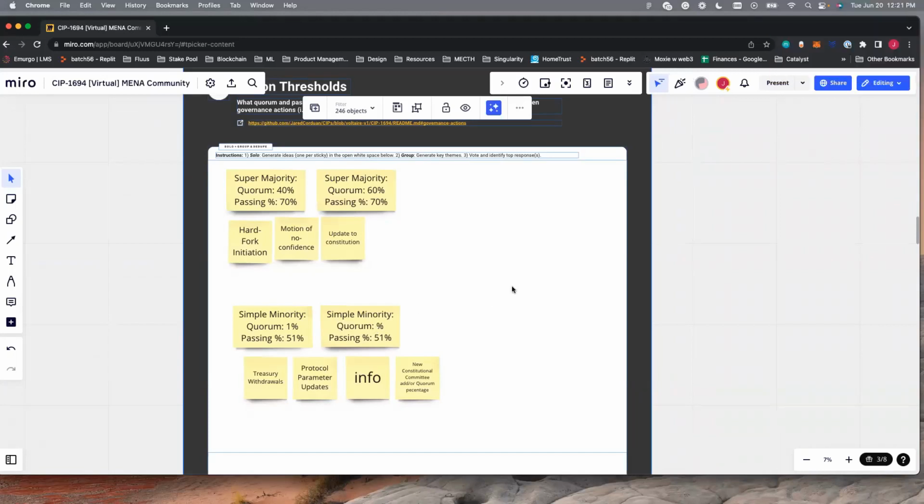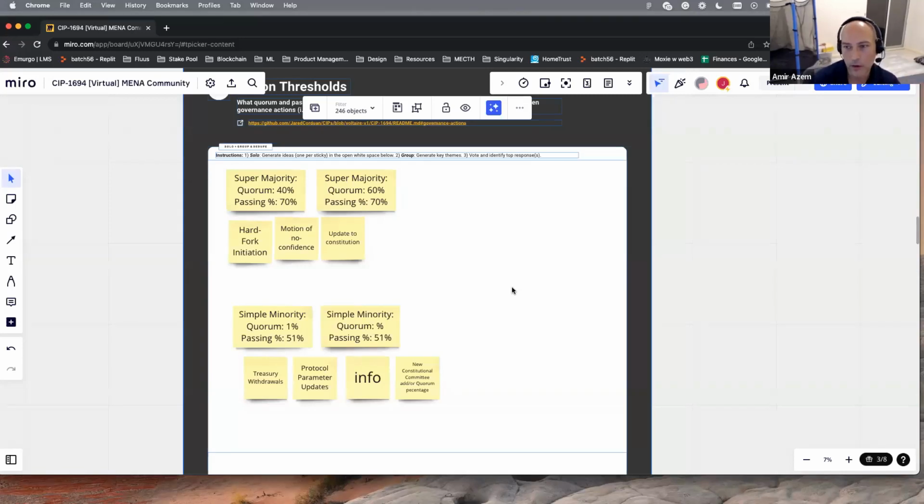Because how do you know active participants? It's a quorum of not only the DREPs, right? So you have the DREPs, but you have the SPOs, you have the Constitutional Committee. So probably the Constitutional Committee is a group that's going to vote very high. And I agree, it could be a quorum of 90% because they're there, it's their job. Yeah. DREPs may be higher. SPOs, maybe not so much. Yeah. And who else is there in the groups? So as a collective, yeah.